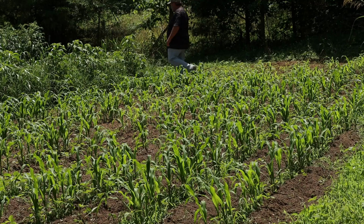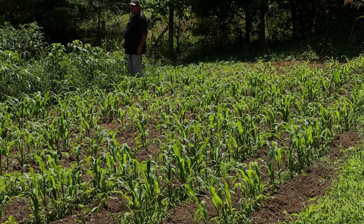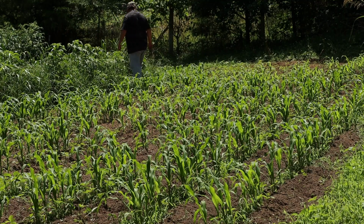I've got okra over here, and they seem to like okra. And I've got to get that okra picked today. Yeah, it's eat the limbs off that okra. All I can say is